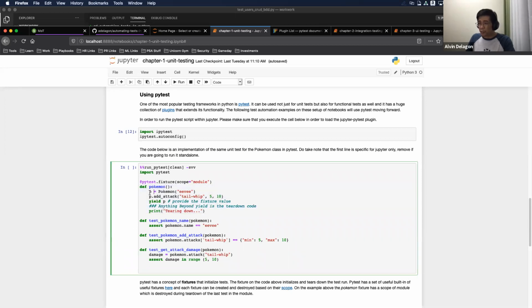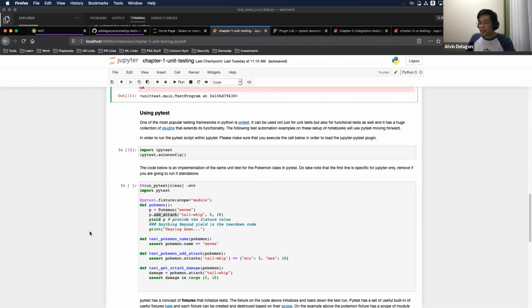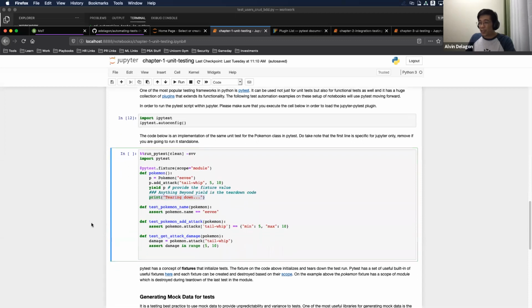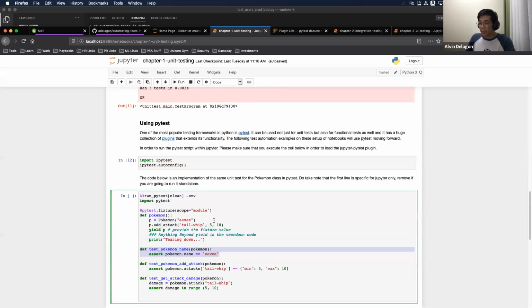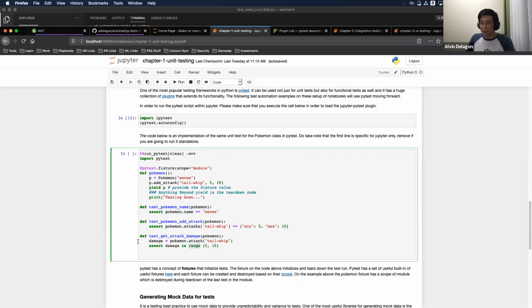Okay, and this piece of code is where my bootstrap is, wherein I instantiated the Pokemon and then added attack. So this is pretty much my setup, pretty much the same as setup here, right? Now, anything after yield, which returns the Pokemon instance that will be used all across the tests here, is pretty much your teardown code. So after yield, you can implement all of your cleanup scripts. Now for the tests, I have 3 test cases here, pretty much the same. Test whether the name and the attacks were provided, and check whether the attack damage is within the bounds. So if we run this,